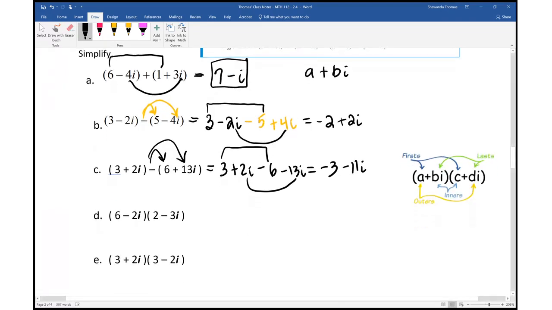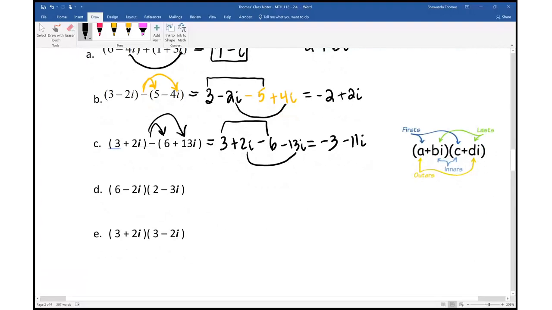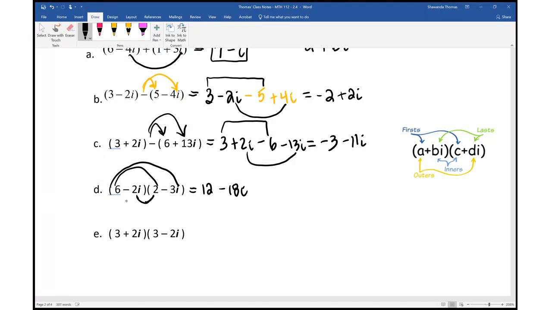Now let's get to multiplying. We know that this is multiplication because there's no sign in between these parentheses. So we are multiplying. We're going to multiply this like we multiplied two binomials in the real number system, foiling it. All right, so 6 times 2 is 12. 6 times negative 3i is negative 18i. And then we're going to come down here, negative 2i times 2 is negative 4i, and negative 2i times negative 3i is positive